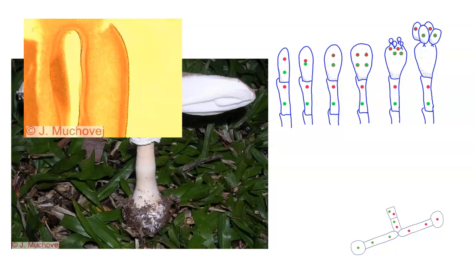Now, I've labeled these a little bit. So the green one now has a little bit of red on it, and the red one has a little bit of green on it. We now have 4 individual haploid nuclei that start to make the little spores up on top. The nuclei migrate onto the inside of it, and we now have 4 basidiospores on the top. These are released in a lot of different ways.